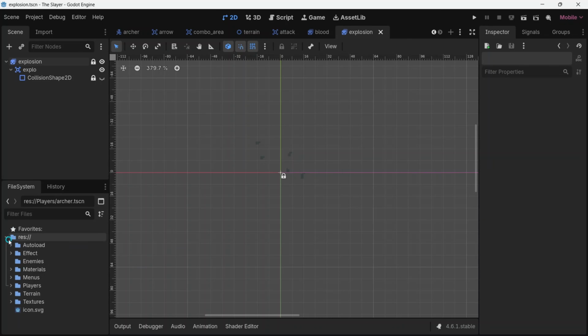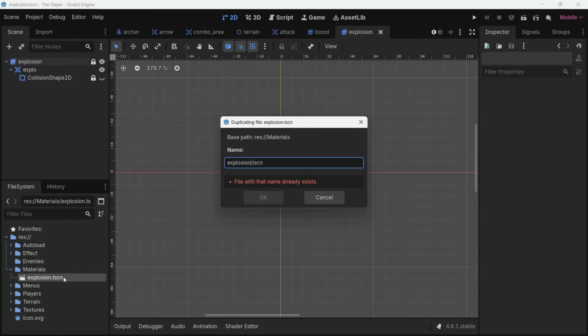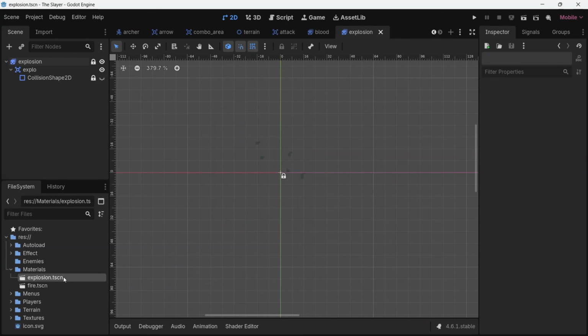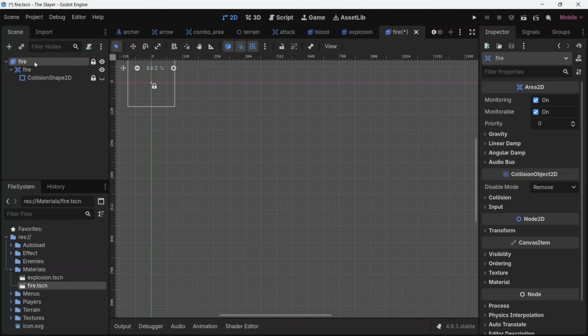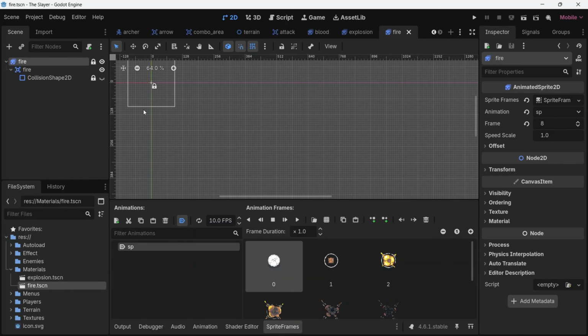Let's click again on that. What should I do here? I can just duplicate the explosion directly and rename it as, I don't know, fire. Open that new folder. We're going to rename fire as well, and the area renamed as fire. So now inside fire, what I might need to change